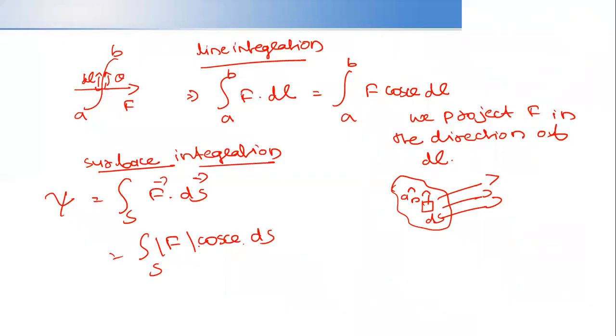So line integral means you just need to do F dot dl, that is F cos theta. Similarly, surface integral also, if this is the surface, we need to do F dot dS only, that is F cos theta. So you have the application for this in Stokes theorem, and don't worry about what Stokes theorem is, you will find that towards the end of this module. And divergence theorem. So you have the application there. Then there are certain laws regarding dot product. I'll show in the next slide. So when it comes to the dot product, I'll use the red pen itself.